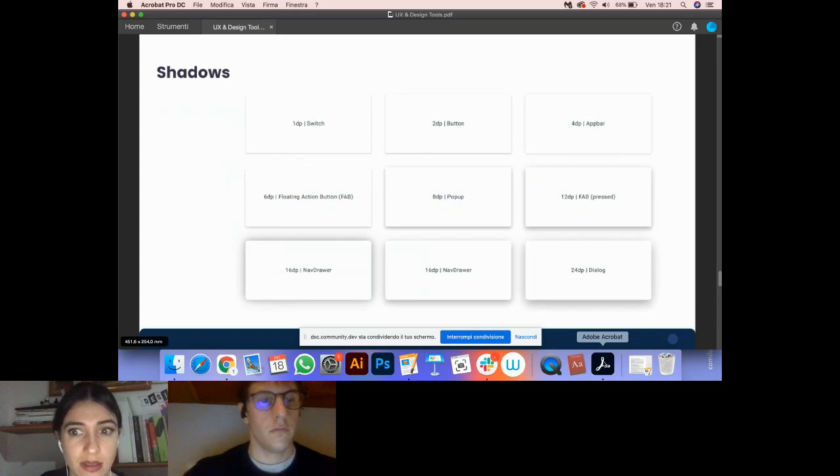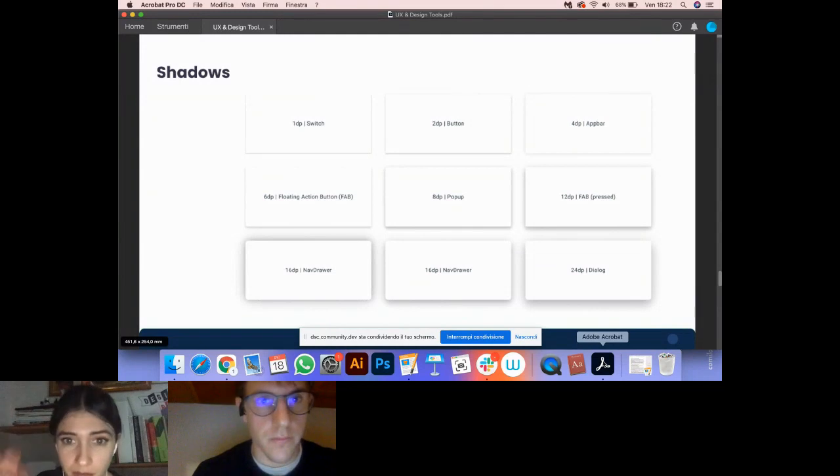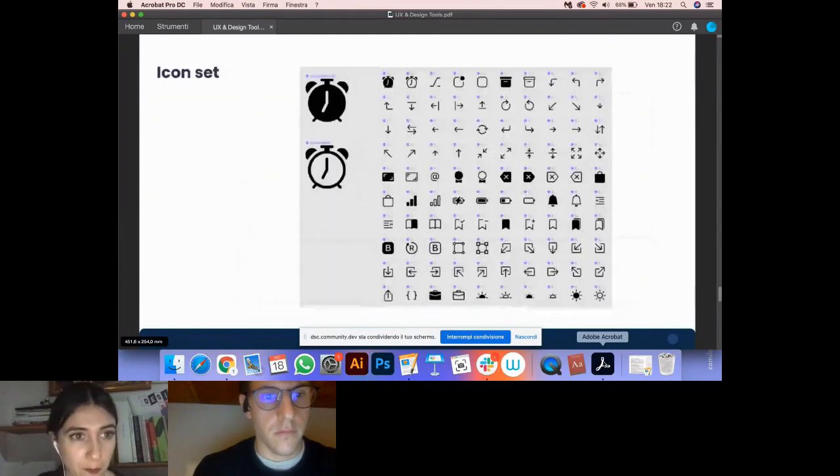Shadows are basic elements that are important to our UI design. And in Figma, we can design several types of shadows. We can give a size of the blur, the color, an opacity, etc.